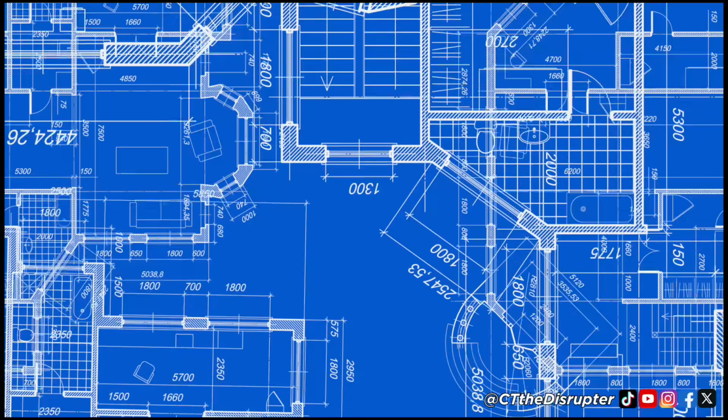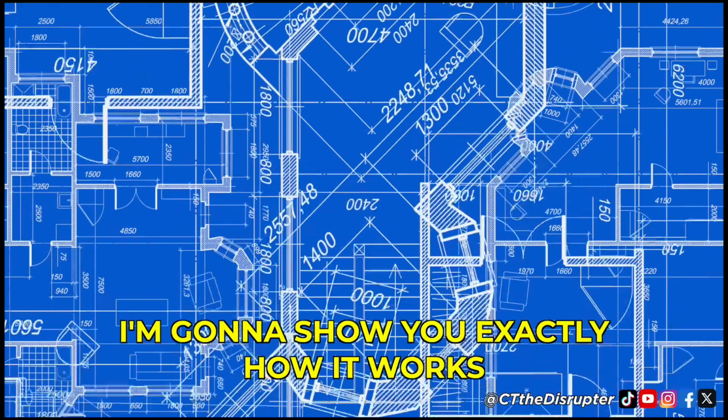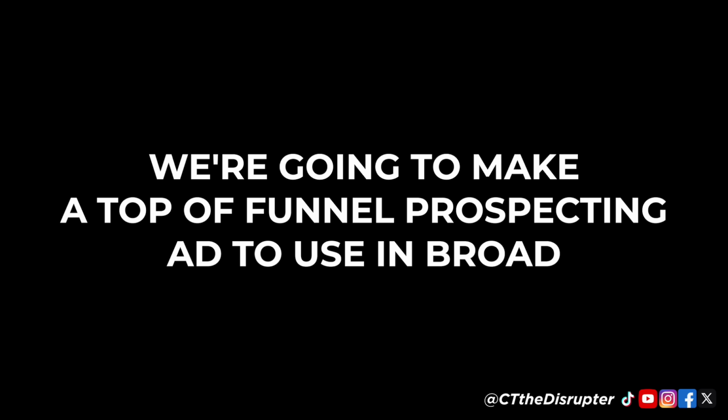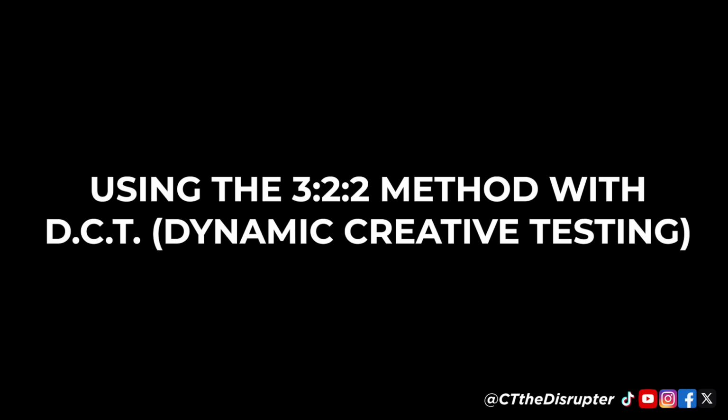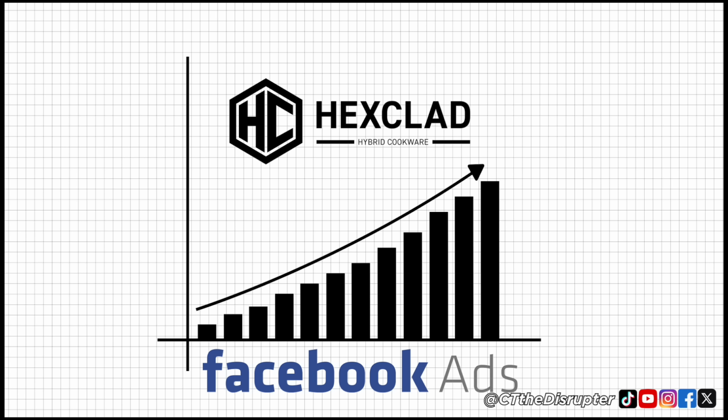No gatekeeping, full transparency. This is the blueprint. I'm going to show you exactly how it works. And yeah, I'm going to share my screen and I'm going to build it step by step. We're going to make a top of funnel prospecting ad to use in broad using the 322 method with DCTs for HexCloud so they can scale their Facebook ad spend and create incremental lift across all of their channels